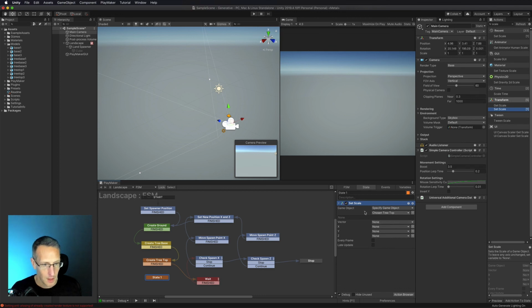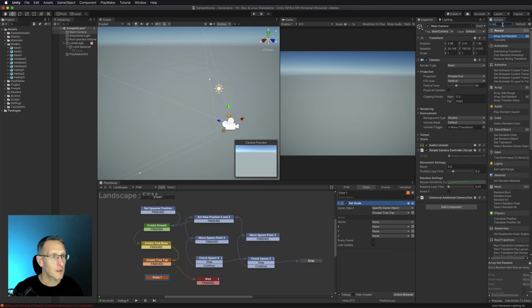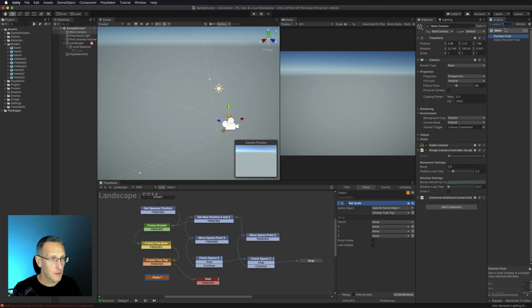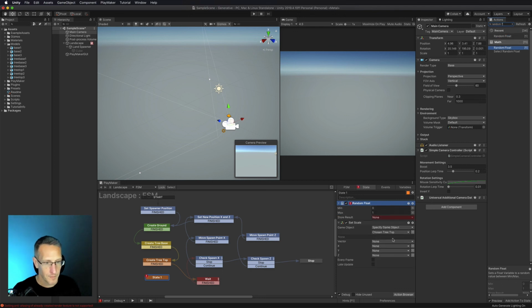And I think before I do that, I want to do a random between two numbers. So let's go random. And I think it's a float as well. So let's do a random float. So here we'll call this new variable. We'll do scale. Scale 1,